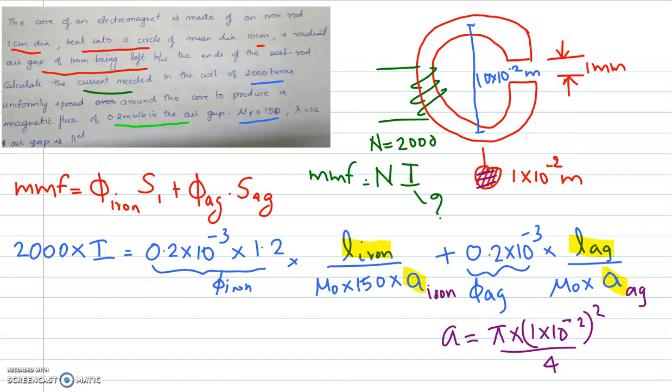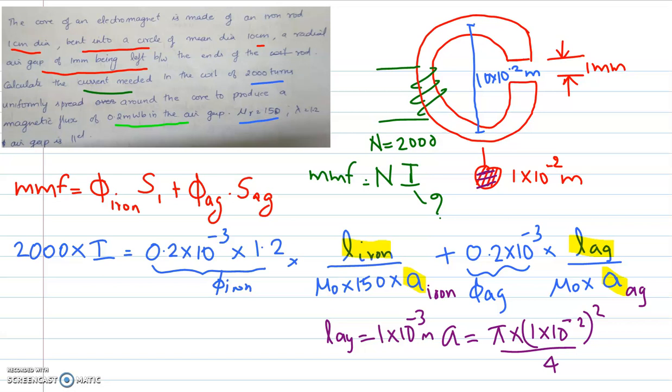Now the next part is finding out the length of the air gap. What will be the length of the air gap? It is already given as 1 mm. So it is 1 into 10 to the power of minus 3 meters. So you always remember that you have to put the entire units in SI units. So it is in meters. Milliwebers will be converted to webers. Millimeters will be converted to meters. Centimeters will be converted to meters, like that.